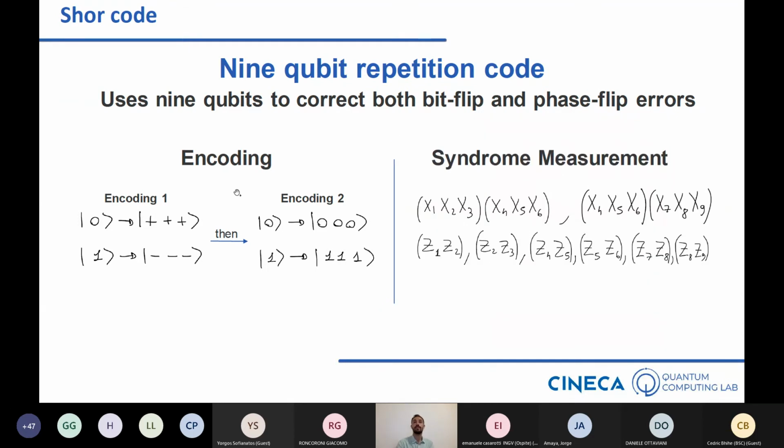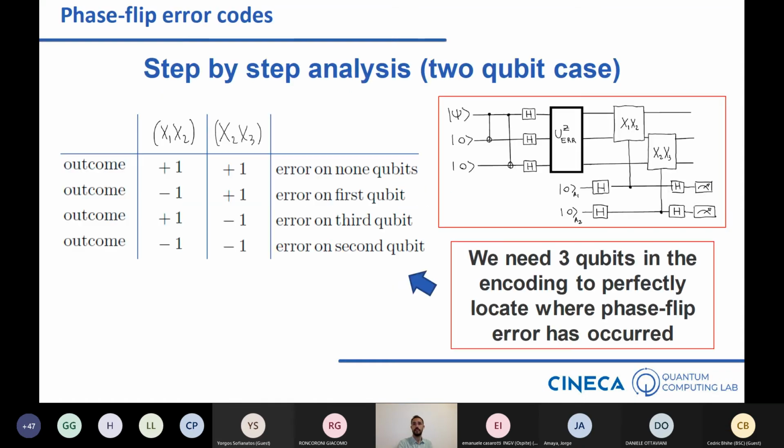And by considering, like we did before, this kind of operators for syndrome measurement, so which are now 1, 2, 3, 4, 5, 6, 7, 8, I guess you have to add other 8 ancillary qubits to store the result of this measurement. And like we did in the other cases.